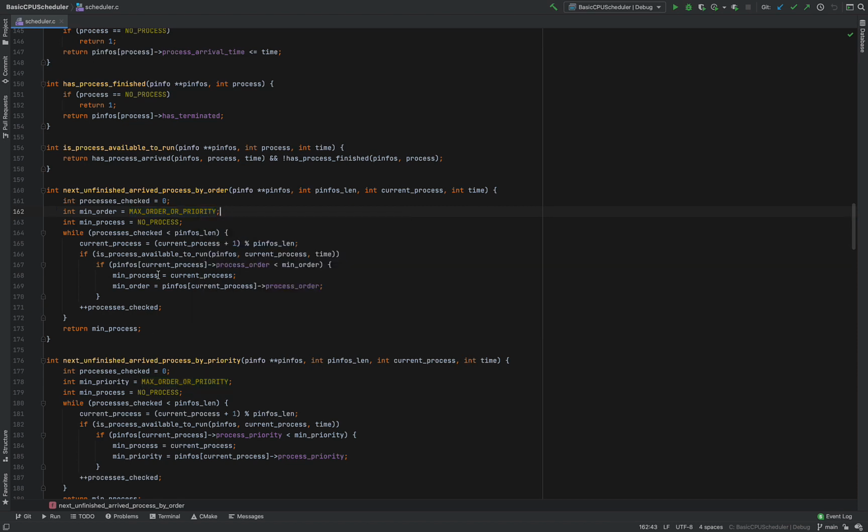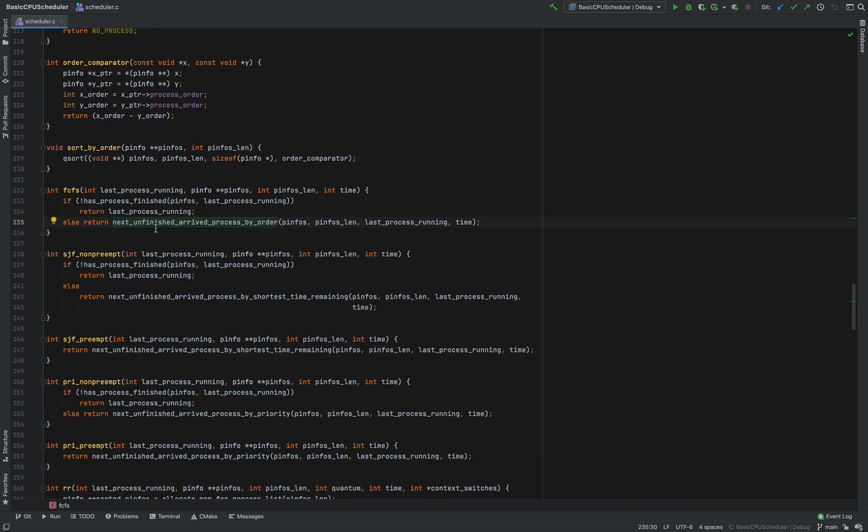So this is how you find minimums. You might know that from your DSA classes. So you set the min process to that process and the minimum order to that process's process order. And you do that over all the processes, and you return whatever minimum order process you found. And that is going to be returned by the FCFS function.